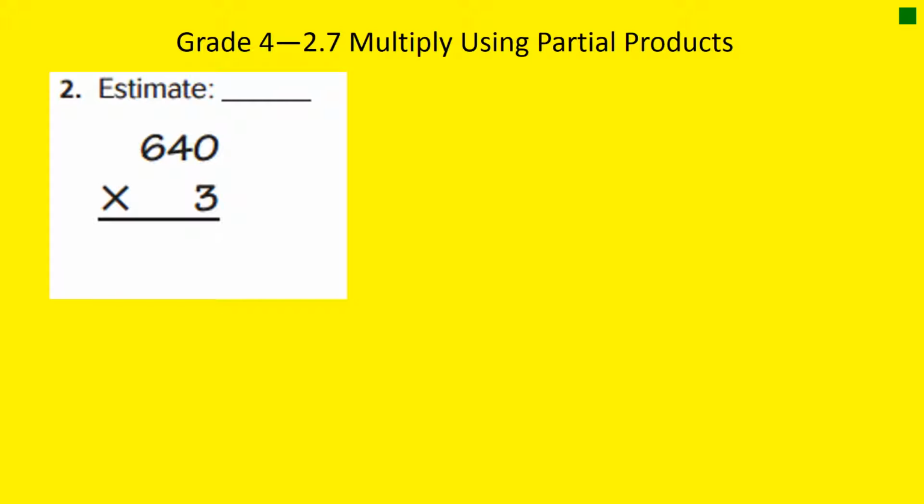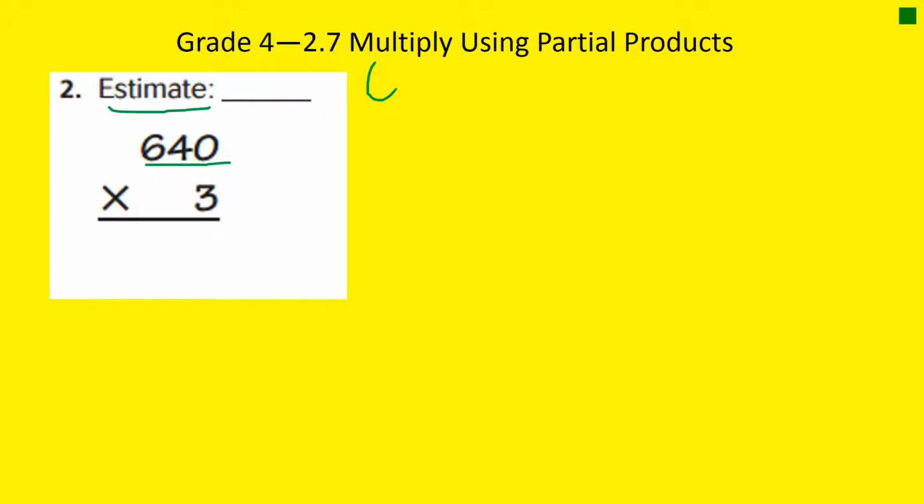We're going to start off with, of course, estimating first. And we estimate first to make sure our answer is reasonable. And the way we are going to estimate is by rounding. There are other ways to estimate. I just want you to know that. You'll learn about those, like compatible numbers. So